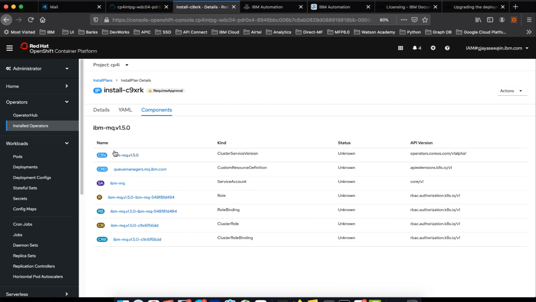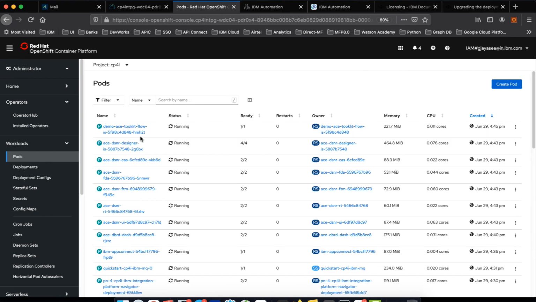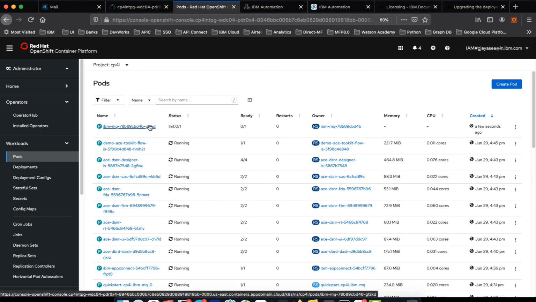I'm approving it. Hence, there'll be a change in MQ operator. So now MQ operator is being upgraded. So now it is up and running.